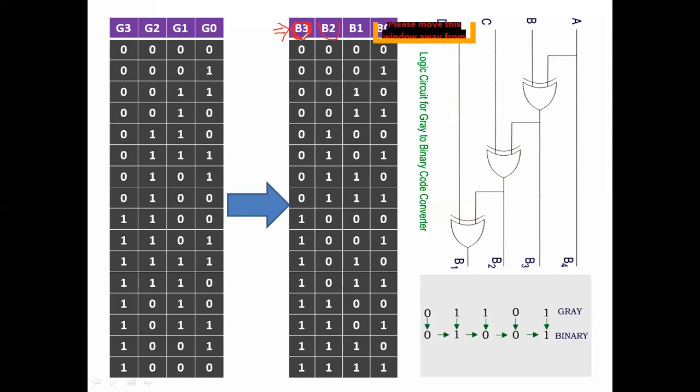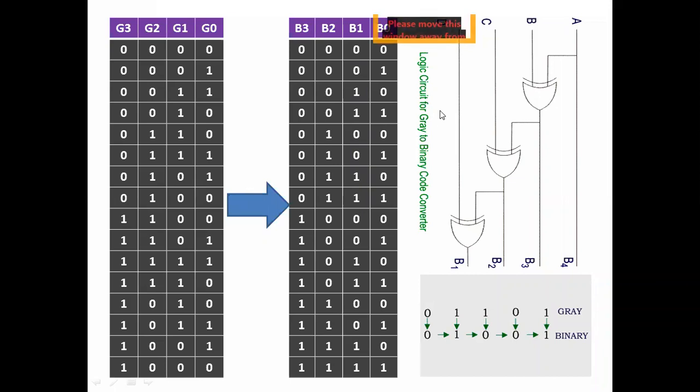For that, you have to take this binary equivalent column. B4 is taken first, draw the Karnaugh-Map, make the reduction, and finally take the common variables outside. And then the third one, that is B1, and then the fourth one. Similarly, you have to convert the given gray code into its binary equivalent.